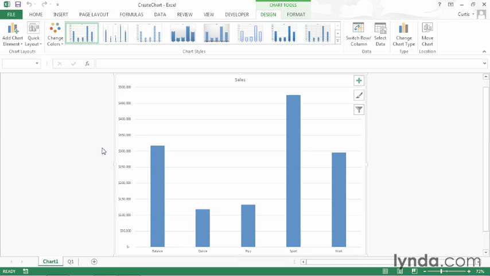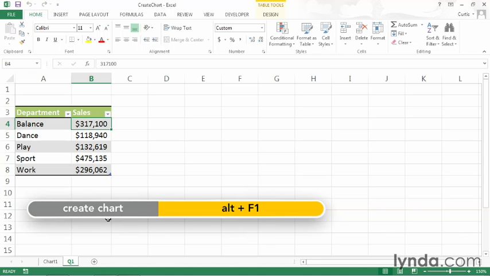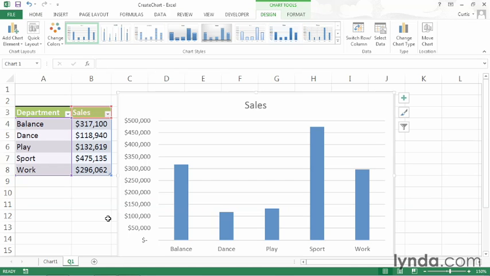Now let's say that I want to create a chart on the same sheet as the data that it's based on. I'll go back to that worksheet, Q1. The keyboard shortcut to create a chart on the same sheet as the data it's summarizing is Alt F1. So hold down the Alt key and press F1, and I get a chart on the same sheet as the